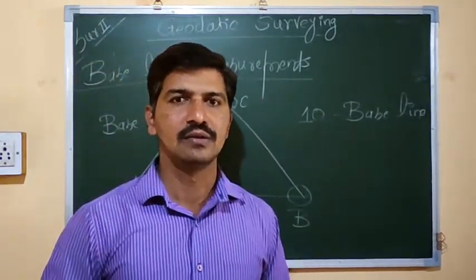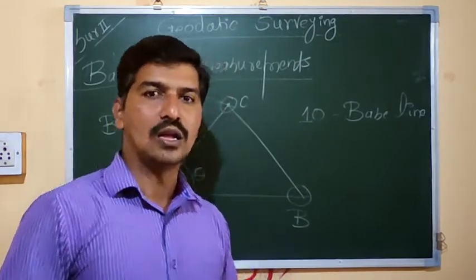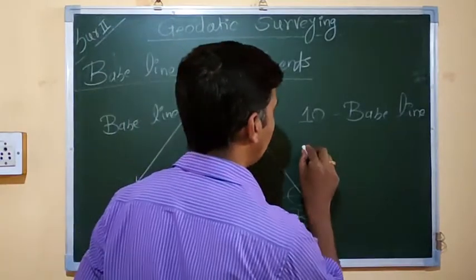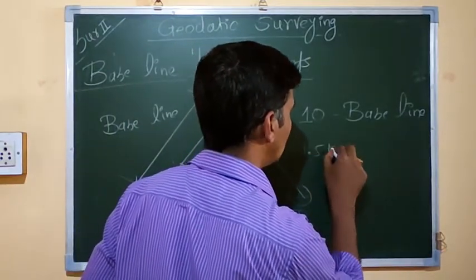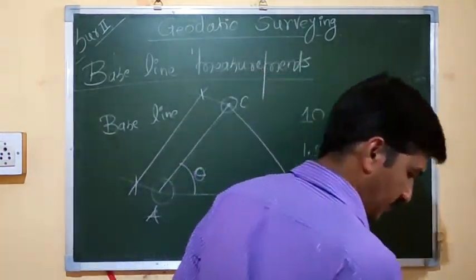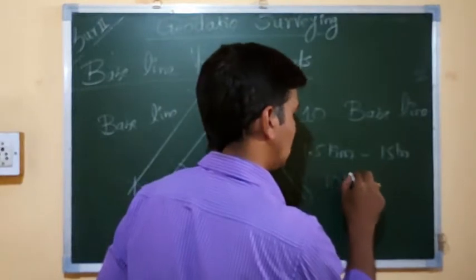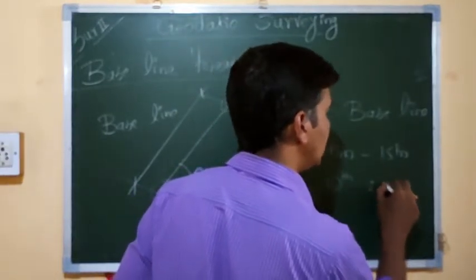In India, we are having 10 bases, and of these 10 bases, 9 bases have a length of 1.5 km to 15 km, and one base, the 10th base, is of 2.83